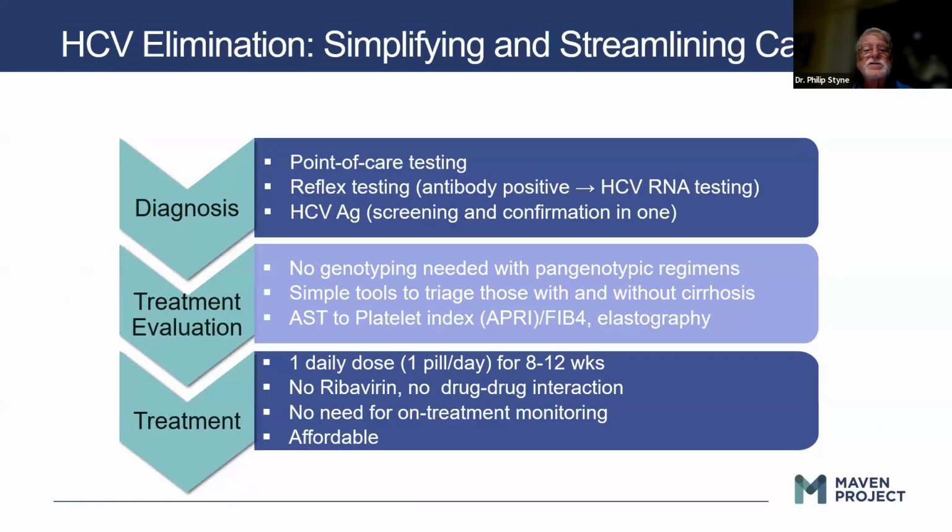So this is a cascade. Point of care testing. Reflex testing refers to the idea that if a patient has a positive hepatitis C antibody, the lab automatically does an RNA, which tells us whether or not they have active disease. Because if the patient has a positive antibody but a negative RNA, it means they either self-resolved or some previous treatment resolved them. Adding that extra step, okay,